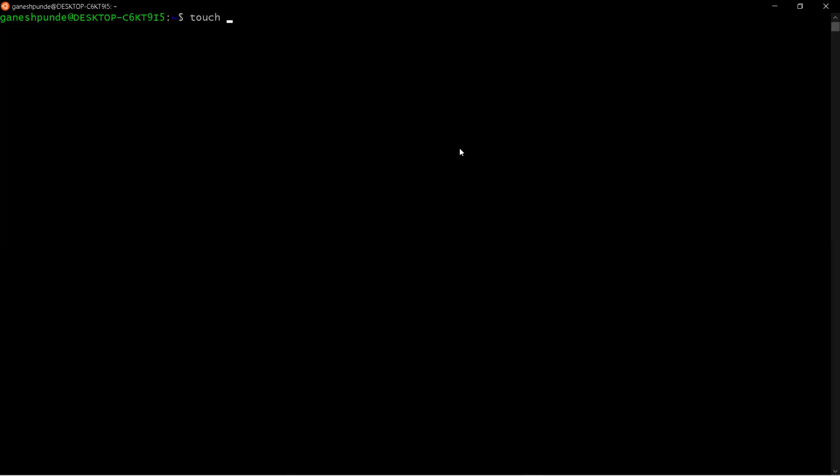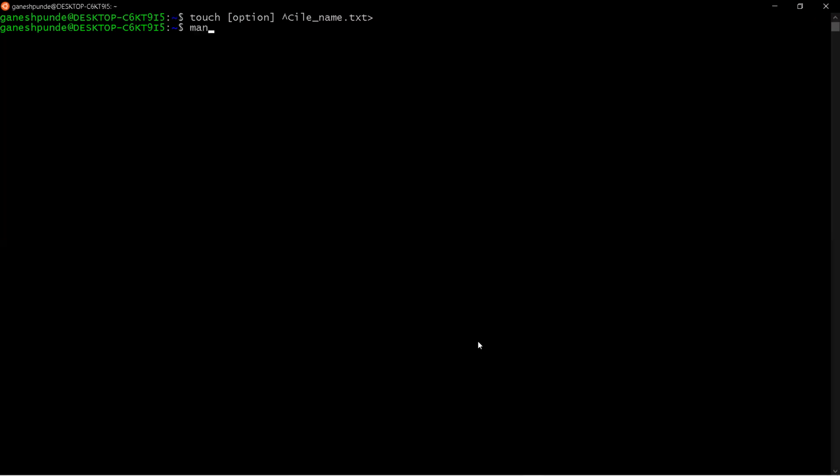Touch, then the name of the file, filename.txt, and here there will be an option, you need to specify the option. So this is the touch command's syntax.